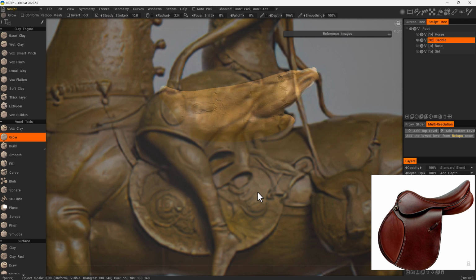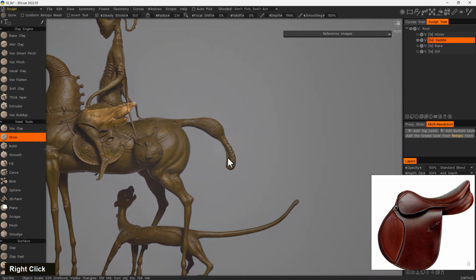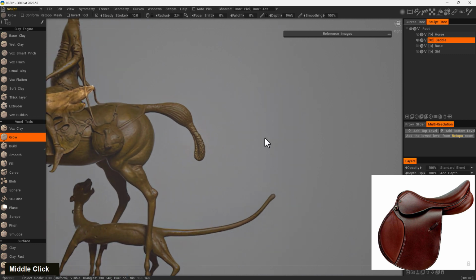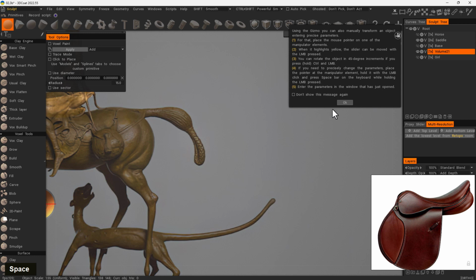One of them would be with a plane or a cylinder, and let me show you first. If I make another layer, I'm selecting the base because that has 1x subdivision, so I'm not duplicating this one or making a new layer based on 3 subdivisions. So this is a new layer, space, and primitive. Okay,